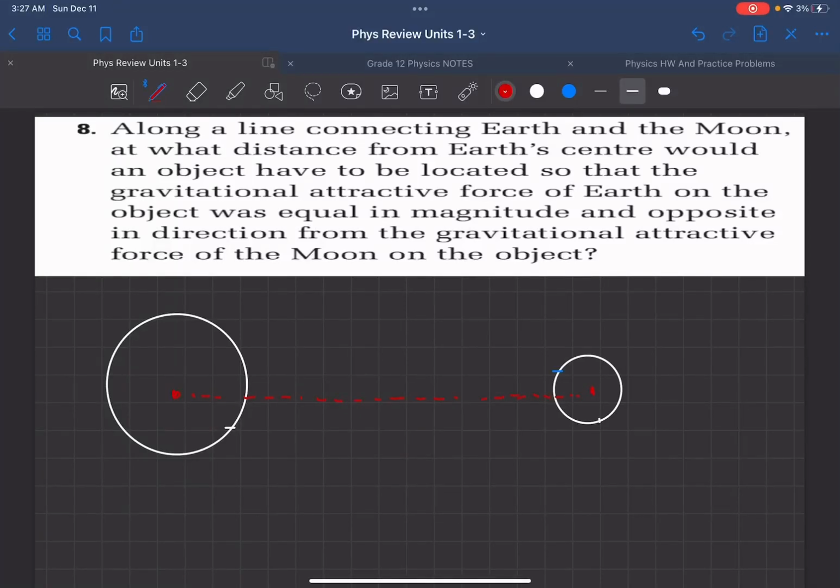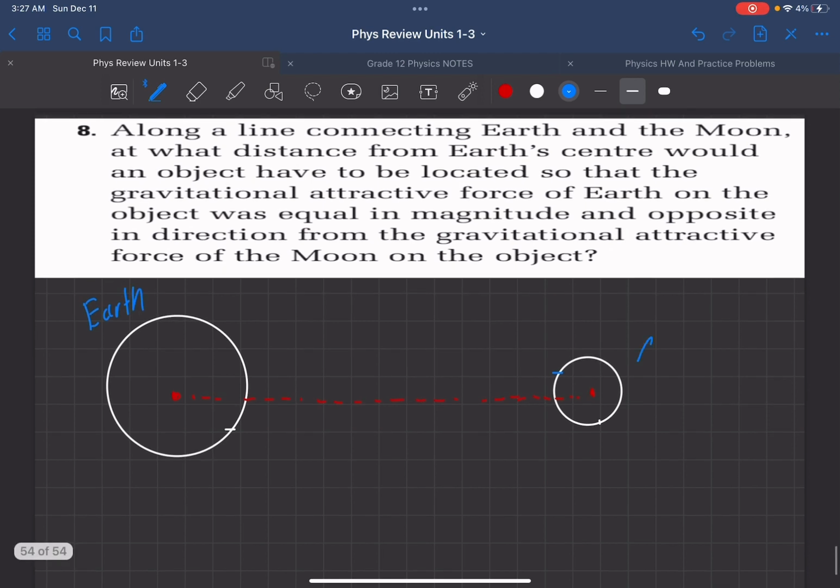Okay, question 8. This is going to be a more difficult type of orbital motion problem. Along a line connecting the Earth and the Moon, what distance from Earth's center would an object have to be located so that the gravitational attractive force of Earth on the object was equal in magnitude and opposite direction from that of the gravitational attractive force of the Moon on the object? Okay, so this is Earth,